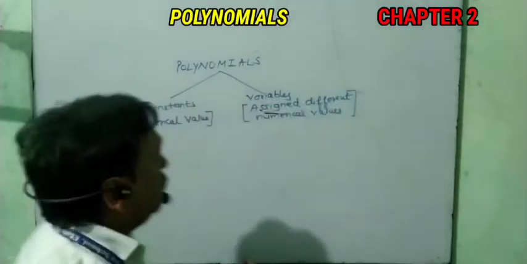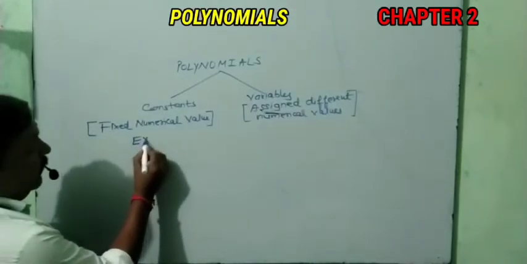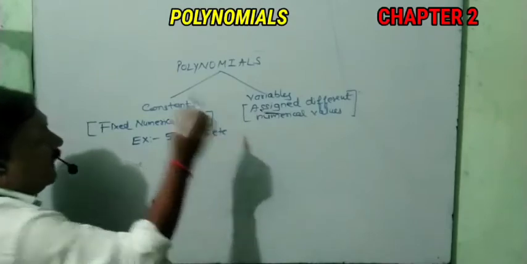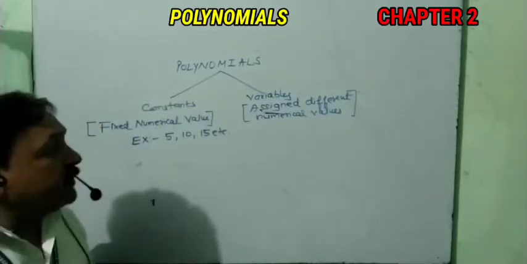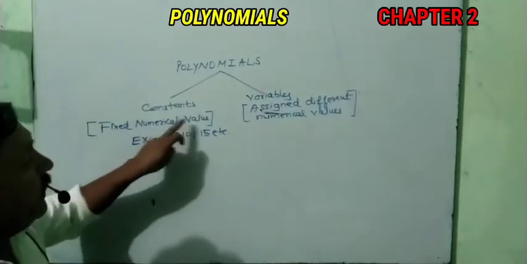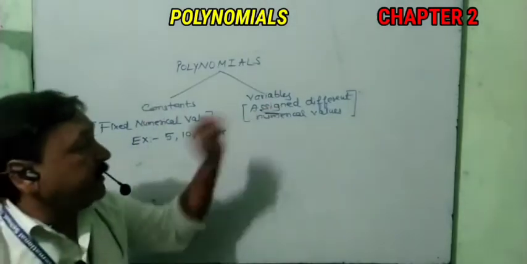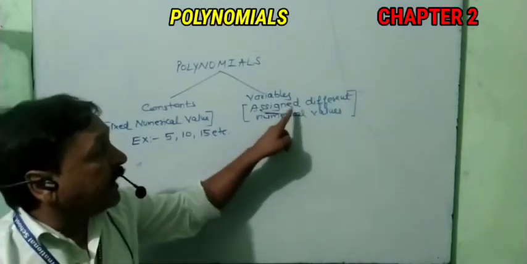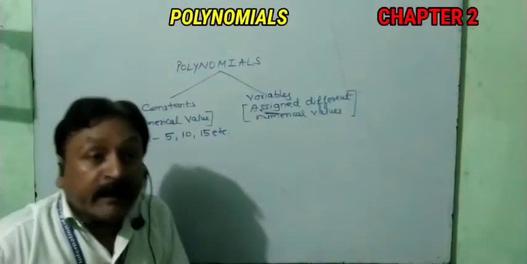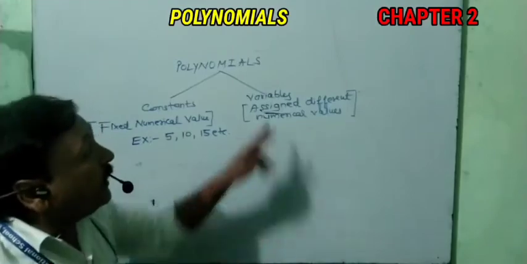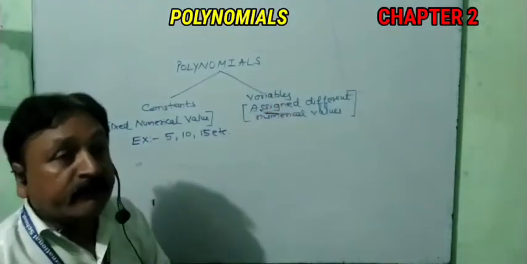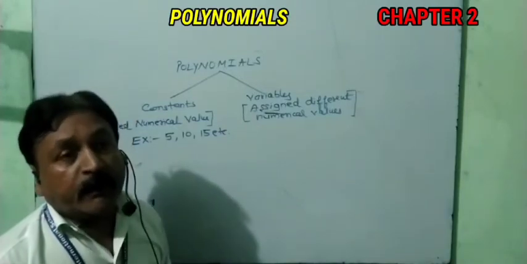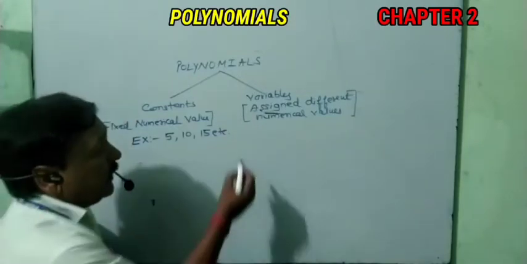For example, we can take 5, 10, 15, any number, because numbers have a fixed numerical value. Second thing, variables. We can assign different numerical values to variables. Assign means giving. They do not have a fixed numerical value. So variables are mostly represented with the help of alphabets, as we can say